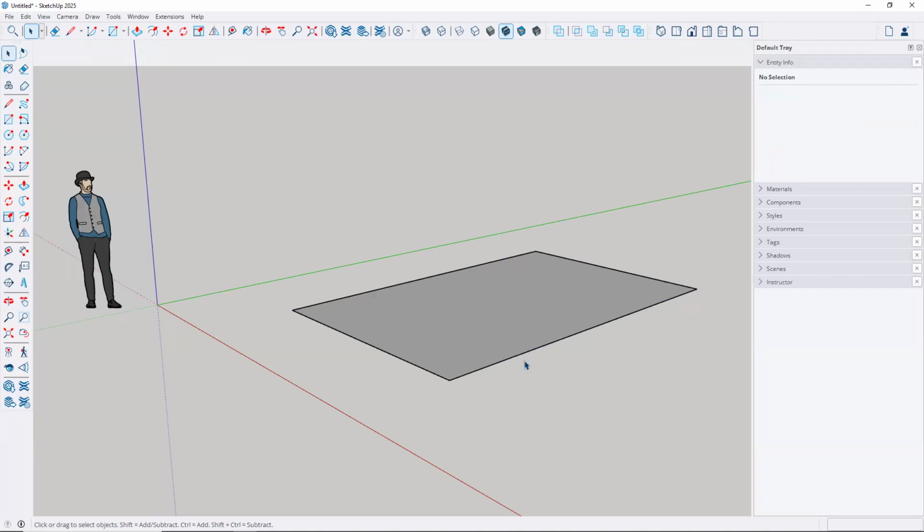So with nothing highlighted, I'm going to come over here to my tools, and it's going to be this icon right here. This is push-pull. Click on that. And when you click on push-pull, you'll notice at the bottom left, it says click to select the face that you want to push pull. So if you move your cursor over on top of the face, notice how it's already highlighting it. So give it one click,